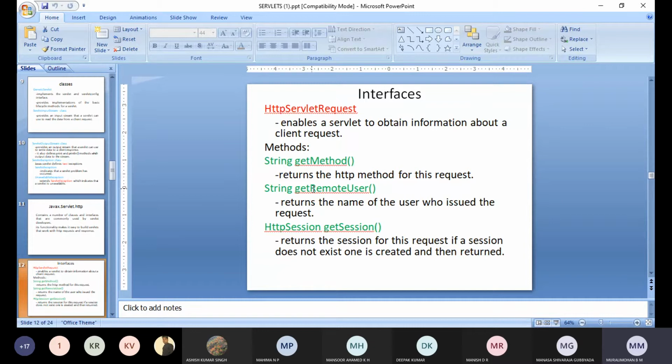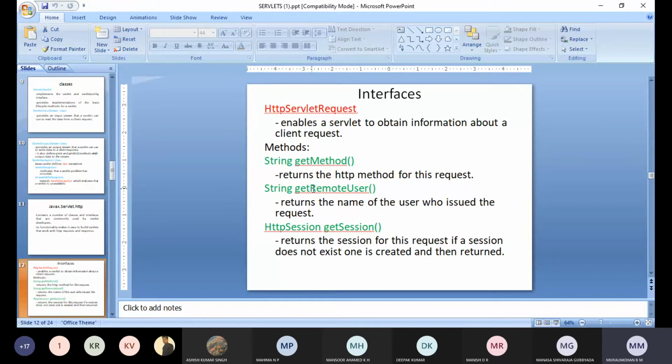Next, the HttpSession getSession method. This will return the session for this request. If a session does not exist, one is created and then that is returned. So which method is used by the sender to send a request, who is sending the request, and whether the session is created. If it is, then the same session will be returned.